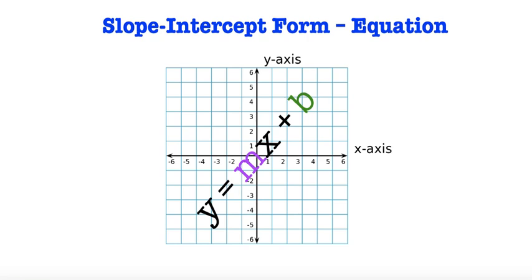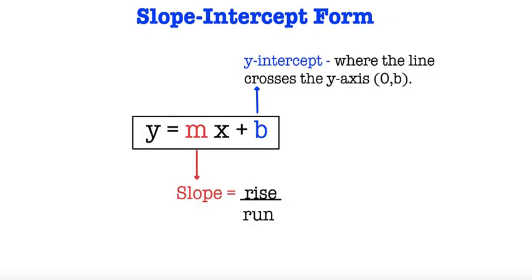Hello, mathematicians. Today we're going to be learning about slope-intercept form, and more specifically, we're going to be talking about the equation. So our slope-intercept form equation is y equals mx plus b, where x and y are a coordinate